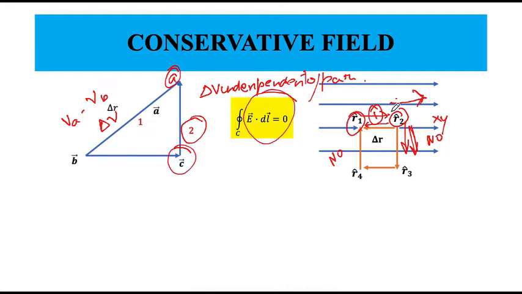This is something important, so I am going to put 2 stars in the observations. The observation is that when you go from R2 to R3, you get no work. From R3 to R4, you did some work against the field. Please note, against the field. Now you move from R4 to R1, you did no work, but what happens if you move from R1 to R2?